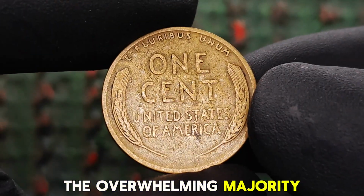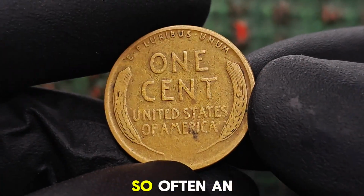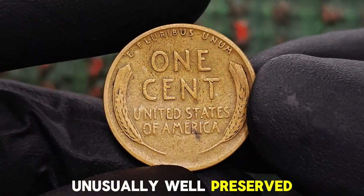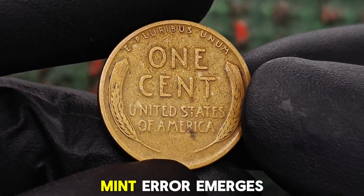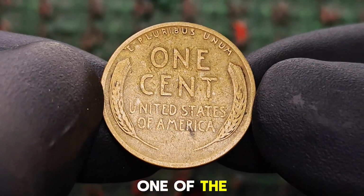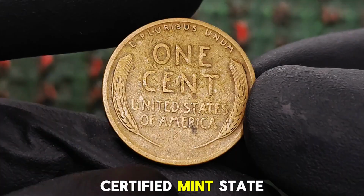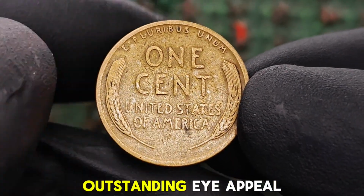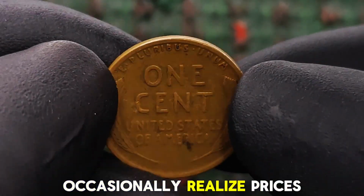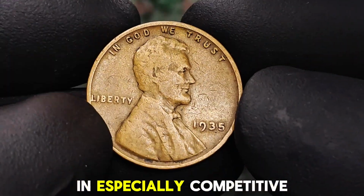The overwhelming majority encountered today show honest circulation wear, yet every so often an unusually well-preserved example or an authenticated mint error emerges to remind collectors why this series remains one of the foundations of United States numismatics. Certified mint state red coins with outstanding eye appeal occasionally realize prices approaching or exceeding roughly $3,500 in especially competitive